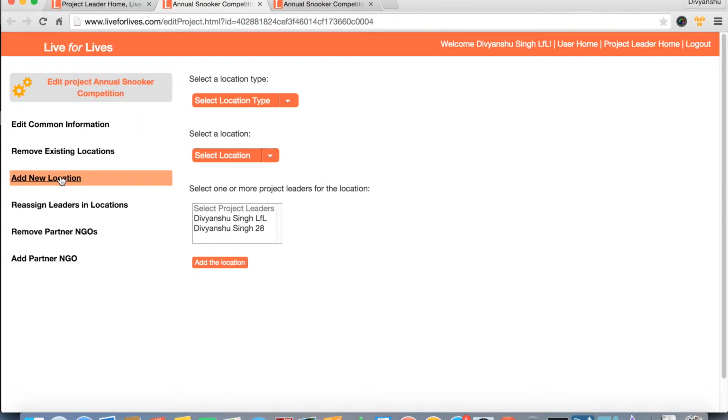Now let's go to add new location section. Location for a particular leading NGO can be of 4 types. One is branch, another is PAG, which is public action group in a particular geographical location. Third is preferred venue, and fourth is head office. So head office, branch and PAG will be specific to that leading NGO, whereas venues will be shared across all NGOs, but an NGO has to choose preferred venues for itself. These addresses are managed by NGO manager. We'll see how these are managed when we'll be discussing NGO manager home.